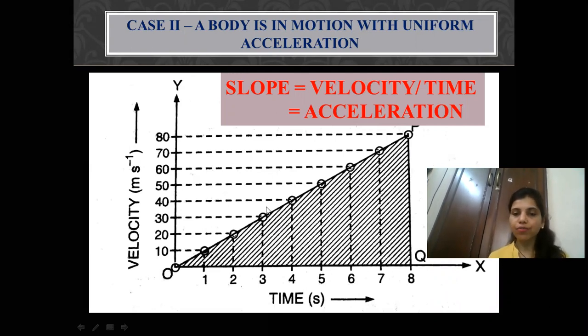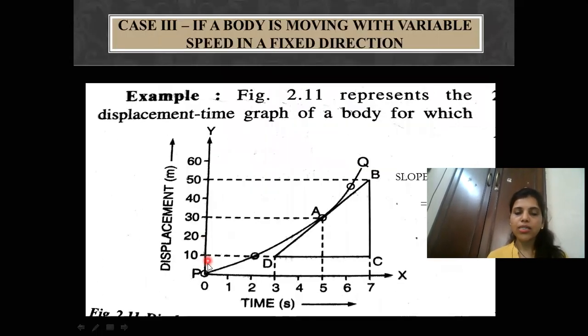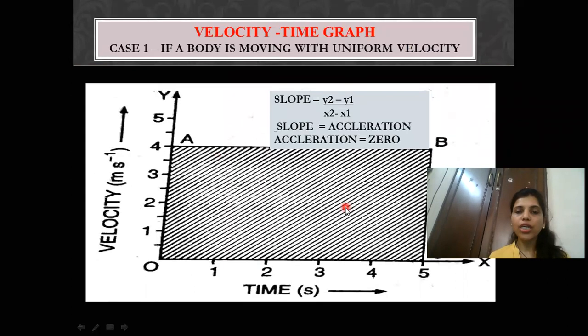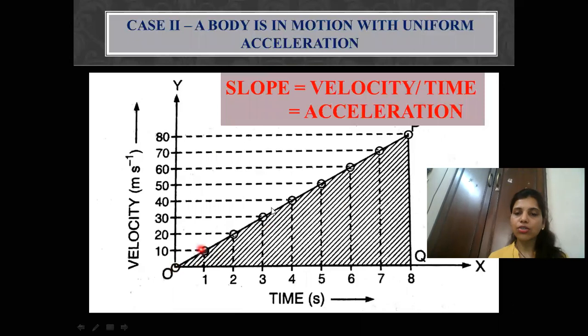So this graph, as I have told you, you have to understand the graphical representation, which is very important in this particular part of the chapter. So when the displacement time graph is shown with a curve, and when you're converting into velocity time graph, it's a straight line graph. Okay, and the value of slope is going to be constant if you consider two coordinates.